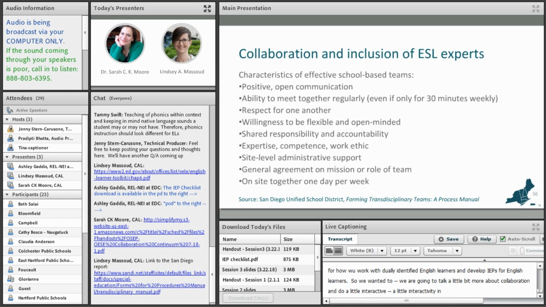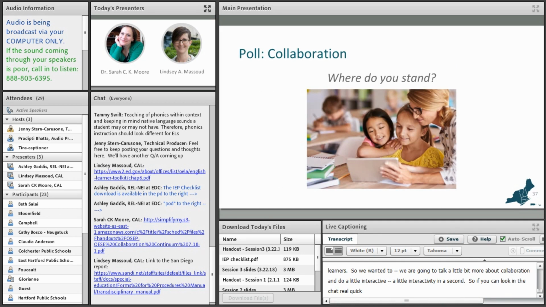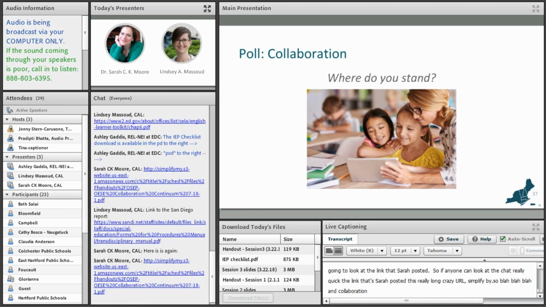So we're going to talk a little bit more about collaboration and do a little interactivity in a second. So if you can look in the chat real quick before we move on to the next activity. So within this activity, we're going to look at the link that Sarah posted. So if everyone can look at the chat really quick. The link that Sarah posted that says, this really long, crazy URL, simplify my.s3, blah, blah, blah, blah, ends with collaboration continuum. I'll talk through it, so you don't need to read the whole thing. But if you want to look at that,